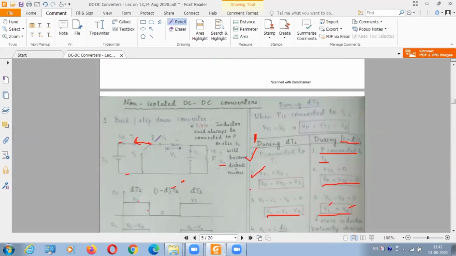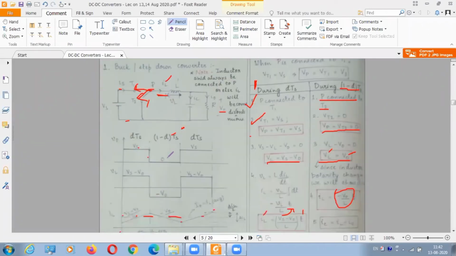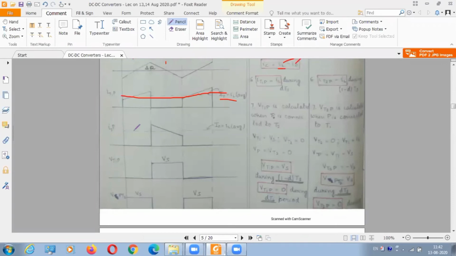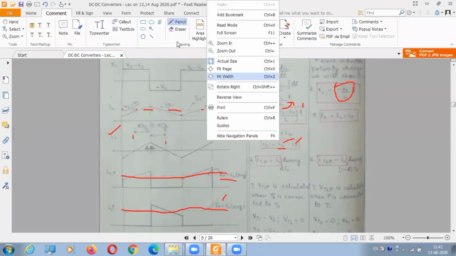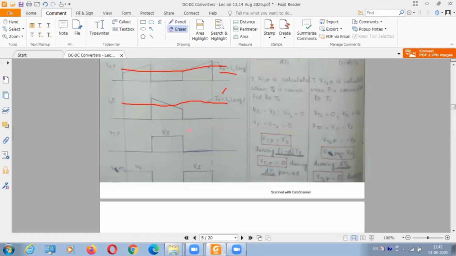Again, when P is connected to T2, what is the current flowing from T2 to P? Again IL. So whatever the average current of IL is, that is the average current of IT2P also. So again for IT2P, I have drawn a line that is intersecting this curve into two halves, which represents the average value I0. So these are the reasons why we are taking the IT1P and IT2P average currents as I0 and the IL average current as I0. This will differ according to our circuits, which we'll see in later stages. In the next converters, we can observe that. But this is my point of study.